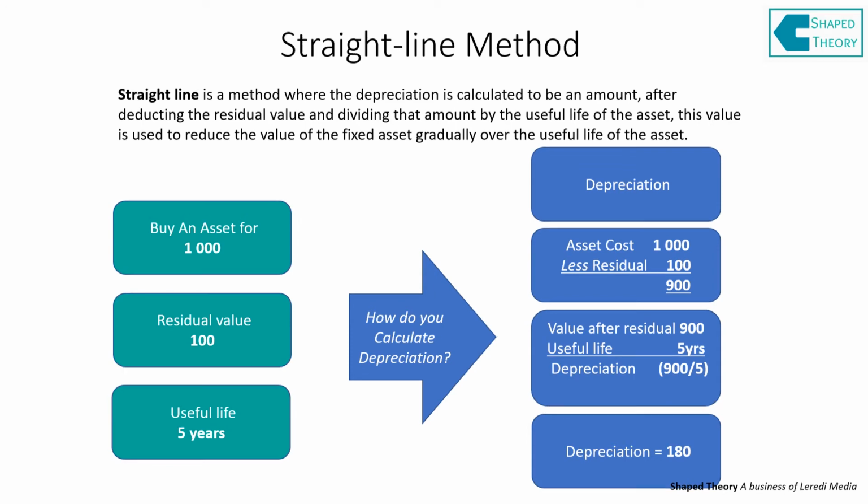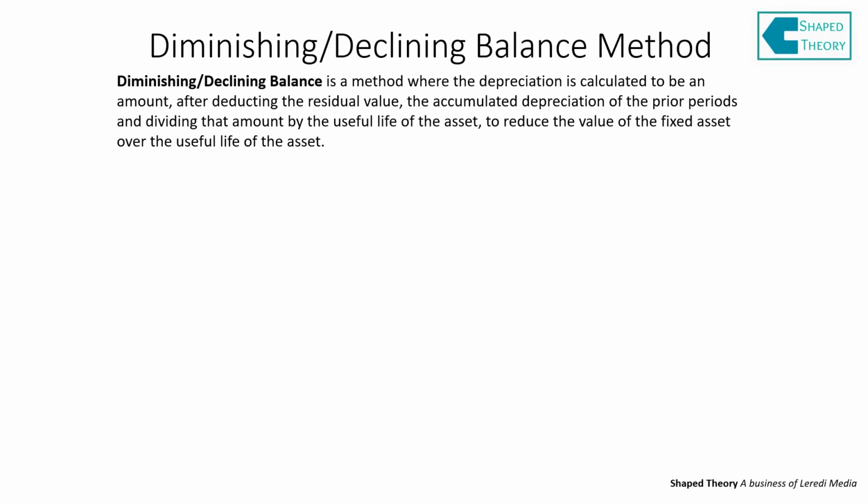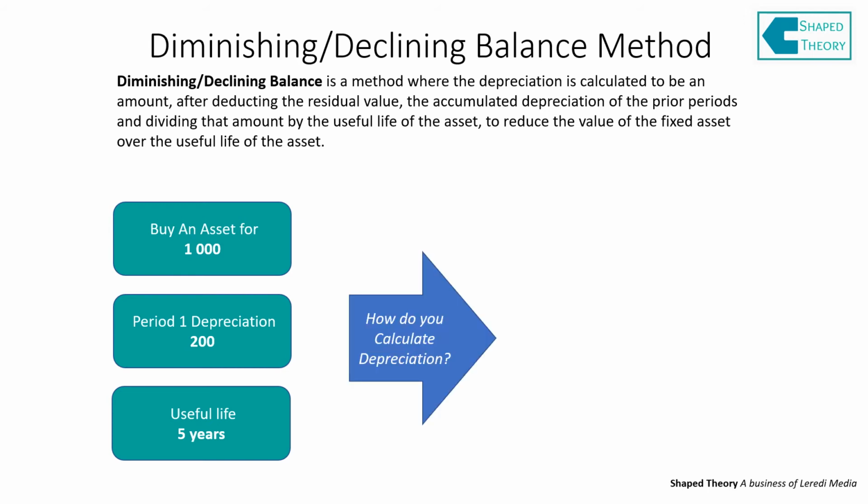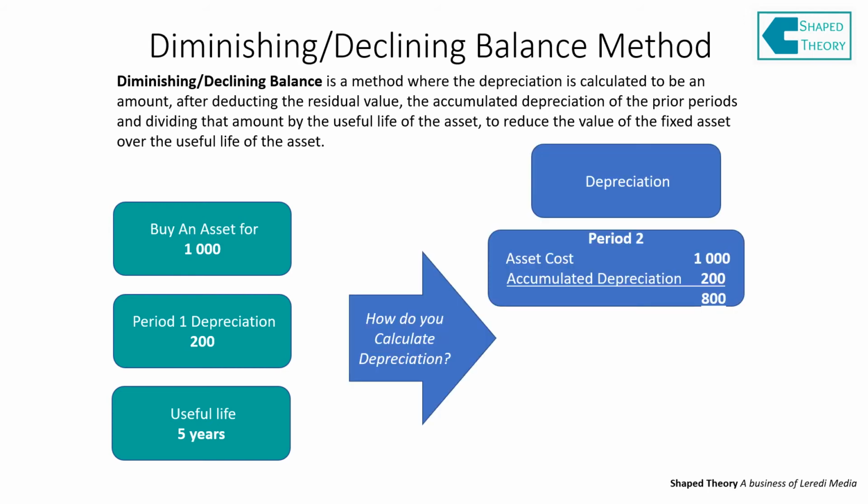Now, let's look at the diminishing or the declining balance method. Let's say company A bought an asset in year one of 1,000 and the depreciation for the first year was 200. The useful life of this asset is 5 years. The first thing we will need to do is to deduct the accumulated depreciation from the cost price of 1,000. In this instance, we will say 1,000, which was the cost price of the asset, minus 200, which gives you